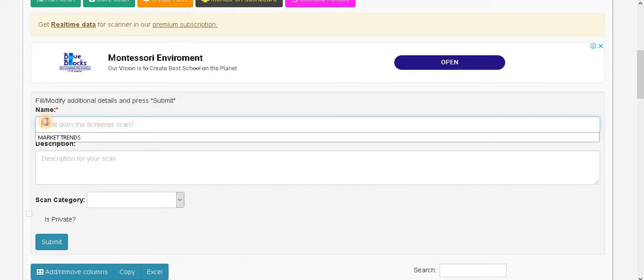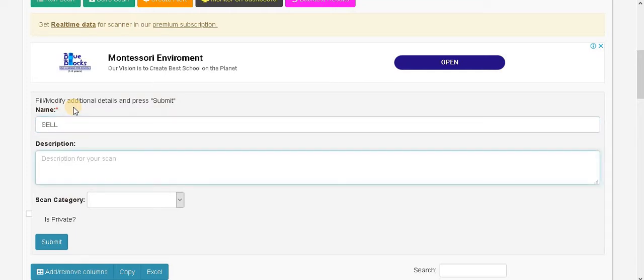We can keep it as, instead of market trends, we'll just keep it as this is a scanner for selling. So we'll just select it as sell. Description sell. We won't keep it anything apart from that.